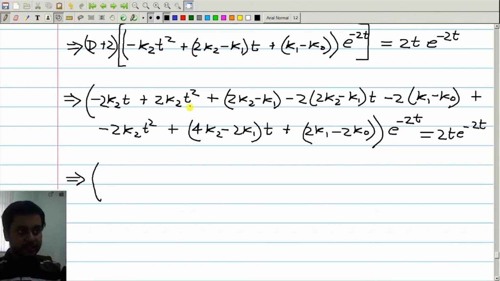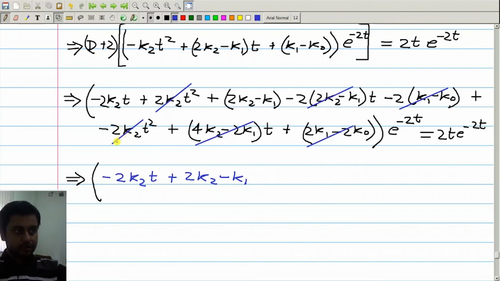Now grouping the t square, t and t to the power 0 terms separately, we shall have this. Here these two terms cancel, these two terms cancel, and these two. Okay. Then